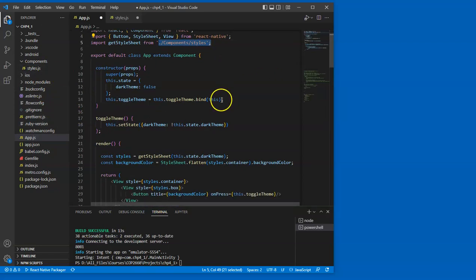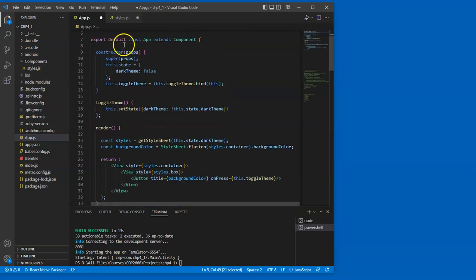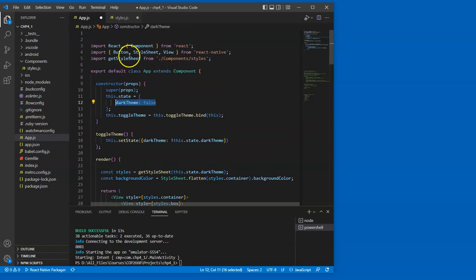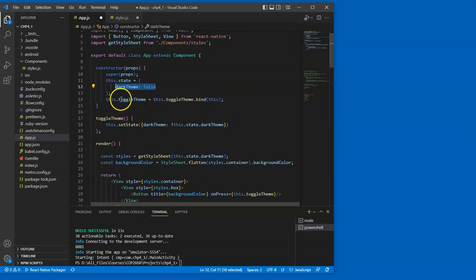And inside, we export the default class app extends component, and we set up the constructor props, super props, and state, true false value, dark theme. And the initial value is false for the dark theme. Remember, we're going to call dark theme from getStyleSheet function. And also, we set the toggle theme to the current toggle theme. Bind the current toggle theme. The toggle theme function is like this here: set state, dark theme,